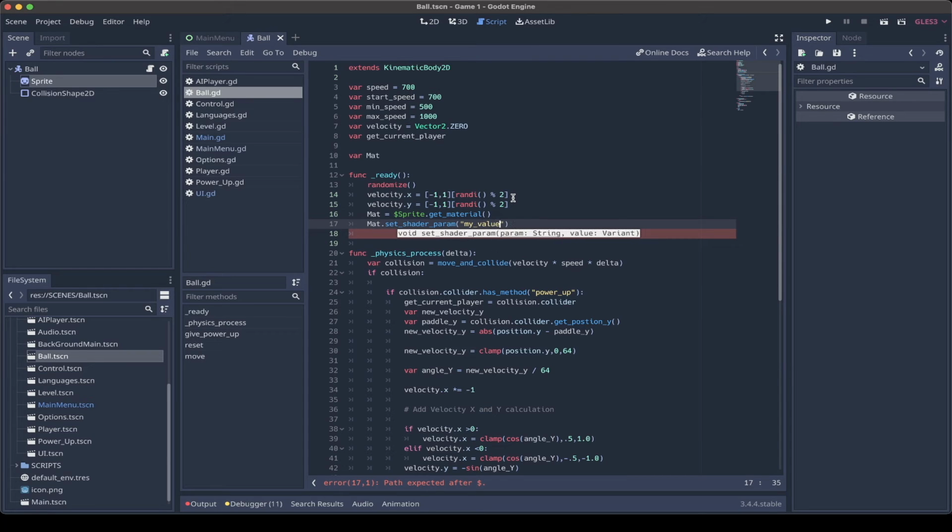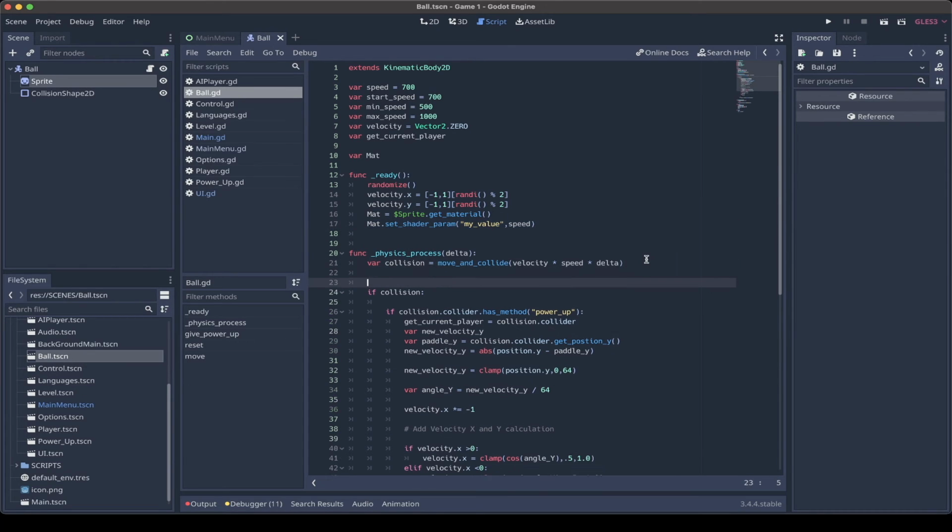the value that we created for the shader, and we're going to pass along the value of speed, because you saw in the code we had max speed set to 1000, so that's when we're going to have the opacity set to be the max value of 255, which is going to be 1000/1000 for the shader language over there. So we set this shader parameter here, but we're also going to want to keep setting this